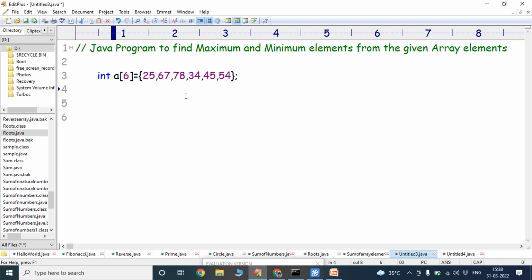Now we have to find out the maximum element. What is the maximum element from the given array? The maximum element is equal to 78. What is the minimum element? So the minimum element is 25. Okay. How are we getting this maximum element and minimum element from the given integer array when the array contains